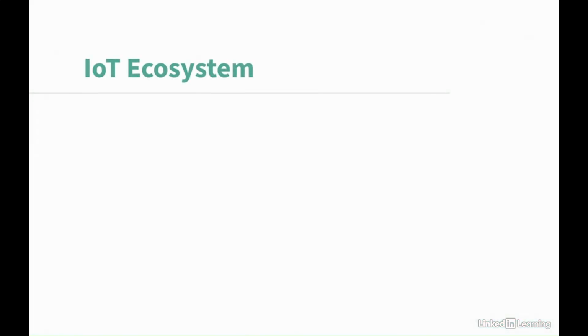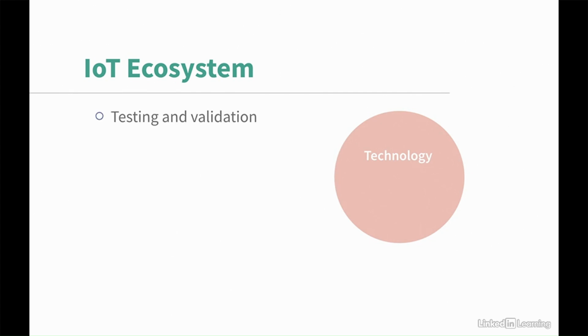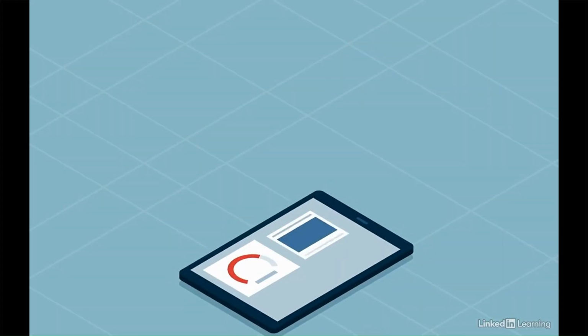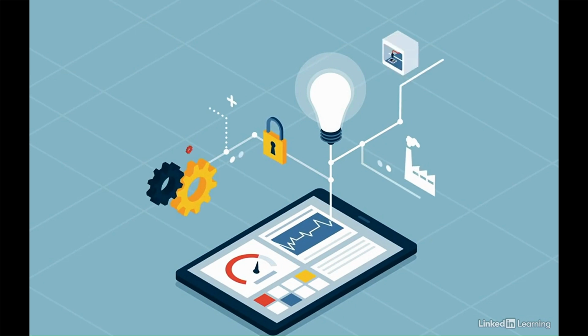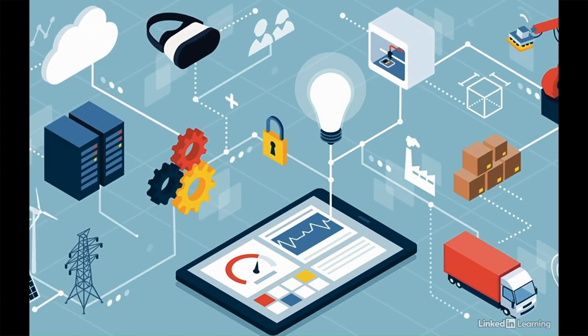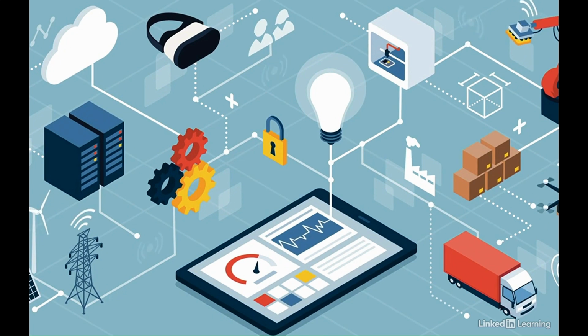There are things that need to be considered within IoT technology. First, testing and validation, and second, enabling multi-system integration. The technology within IoT depends on the interoperability of the different devices. So testing provides the assurance that the different devices within the IoT